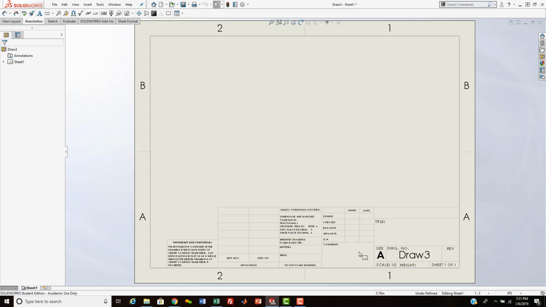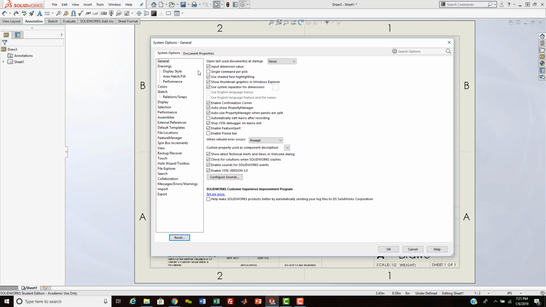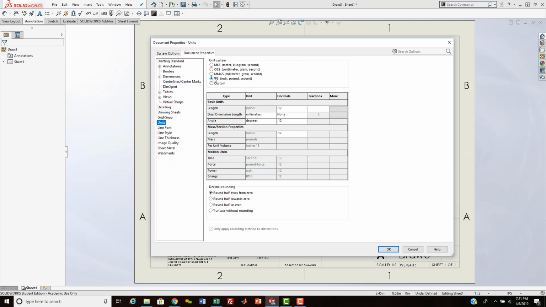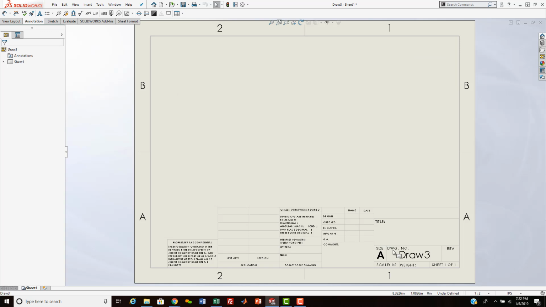In my office, we use this. We just changed some of the features in here to reflect what we do. So we want to come in here and change the properties, go to document, go to units and inch, pounds, and change this to 4 decimal places, and 4 decimal places. We'll say OK,